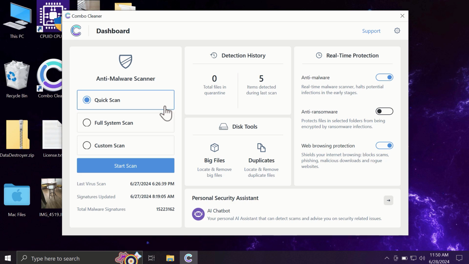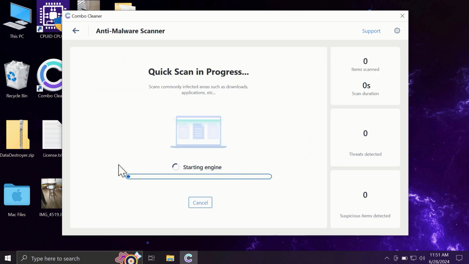After you have successfully downloaded and installed Combo Cleaner, the software will initially be in trial mode, and only the quick scan option is available in trial mode. The full mode includes full system scan and custom scan, but as I said, in the trial version only the quick scan option is available. So you need to click on the start scan button, and most likely the application will